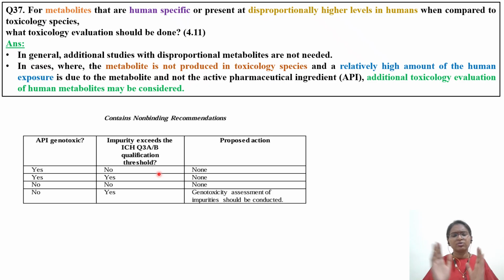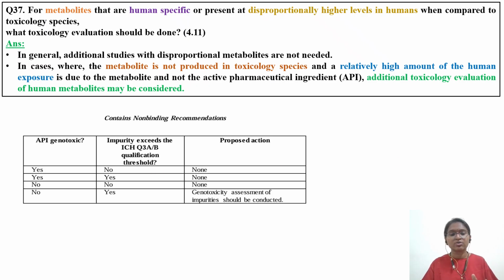Pause and go through. Those who are working on drug discovery, those who are working on impurity qualification, will be well familiar with this particular table. Those who are new to this also, whenever you're working on a certain drug, compare this table to see where your particular case will fit, whether the first or second or third or fourth. Based on that, you can take the proposed action.